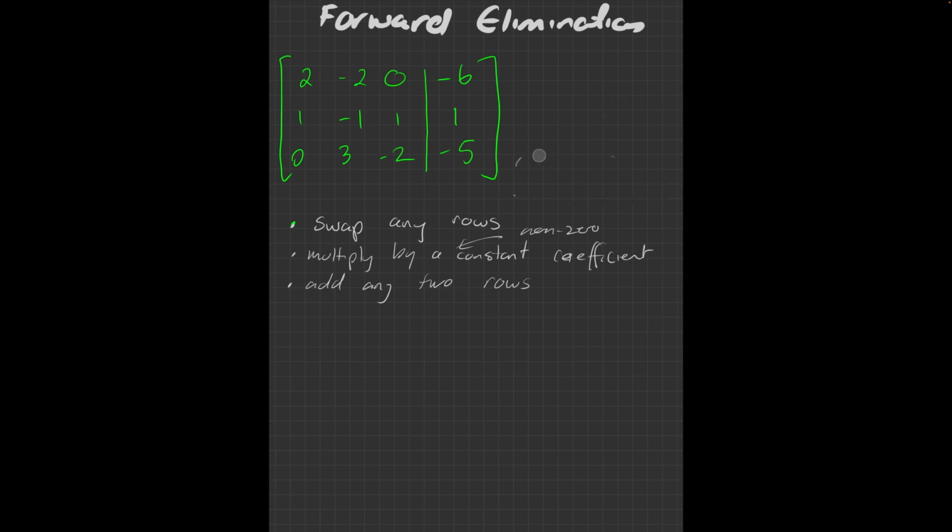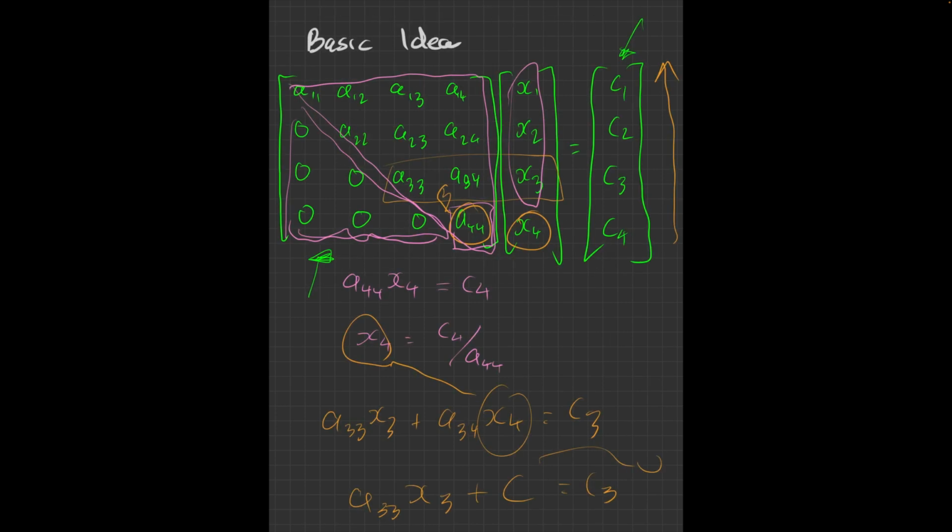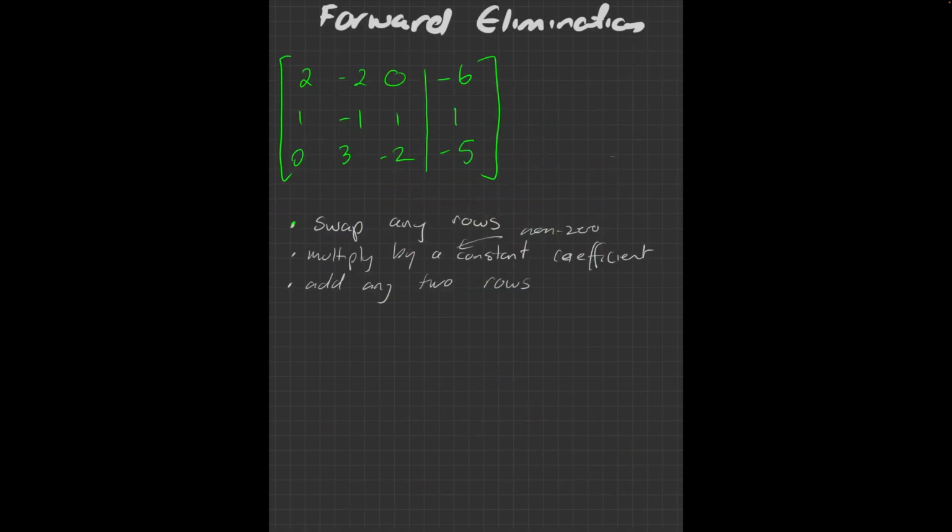So we use these properties of row transformations to help us get this augmented matrix in the right form. For this example, I'm going to step through a few steps, but essentially we want to make our matrix look like all these zeros here. The first thing I'm going to do is get row 1 to have just a 1 in that top left corner. So I'm going to take row 1 and multiply everything by half,